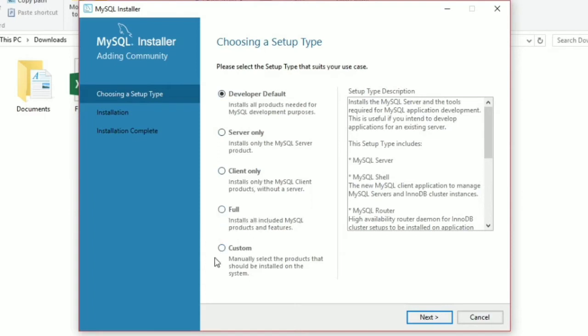If you want to install with custom settings, then click here. This option, Developer Default, is better for you, because in this option you can develop your database also. You can write your queries and run your queries, all these things you can do. Then we click on Developer Default and click Next.